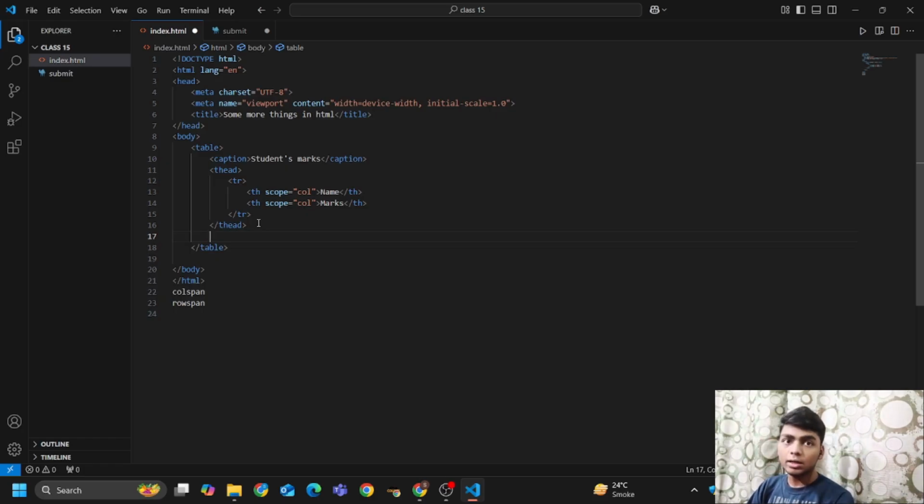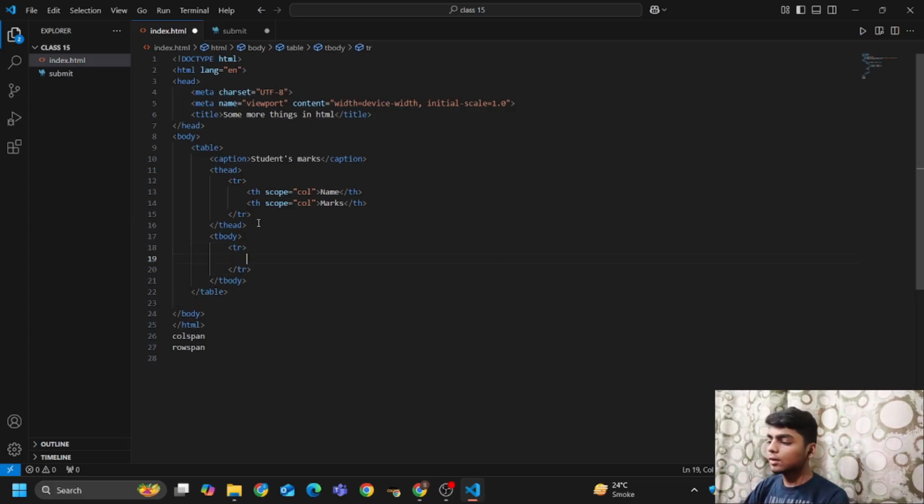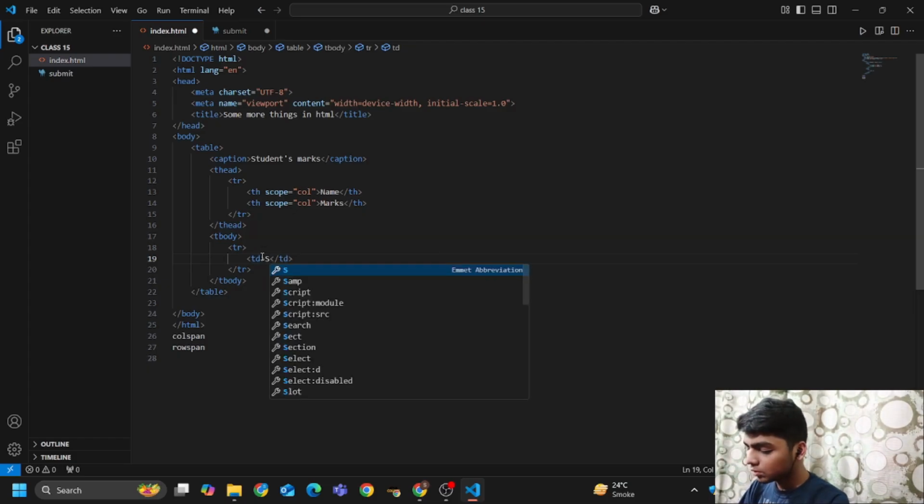For writing the data of the table, I will use the tbody tag. Inside tbody, first I will write the data for the first row. I will be creating only two rows here. tr. Inside tr, first I will write td, table data, and inside it I will write my name,